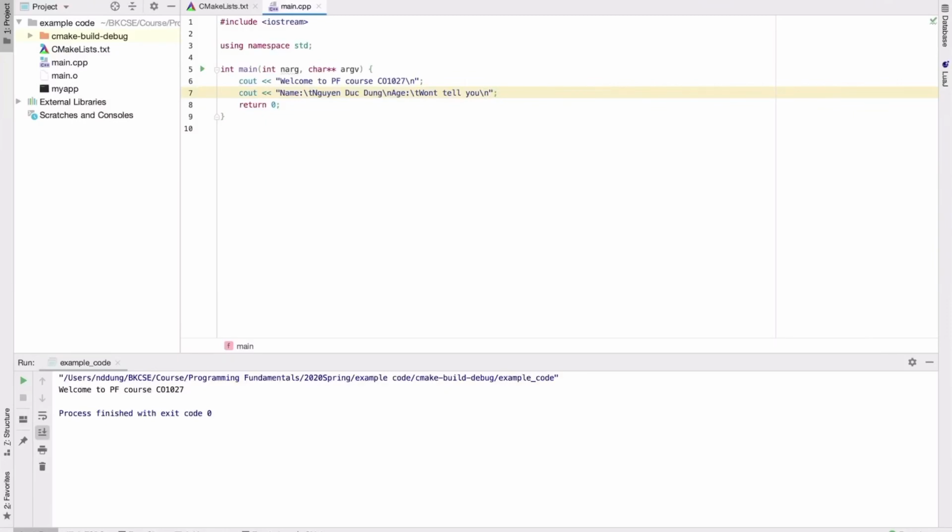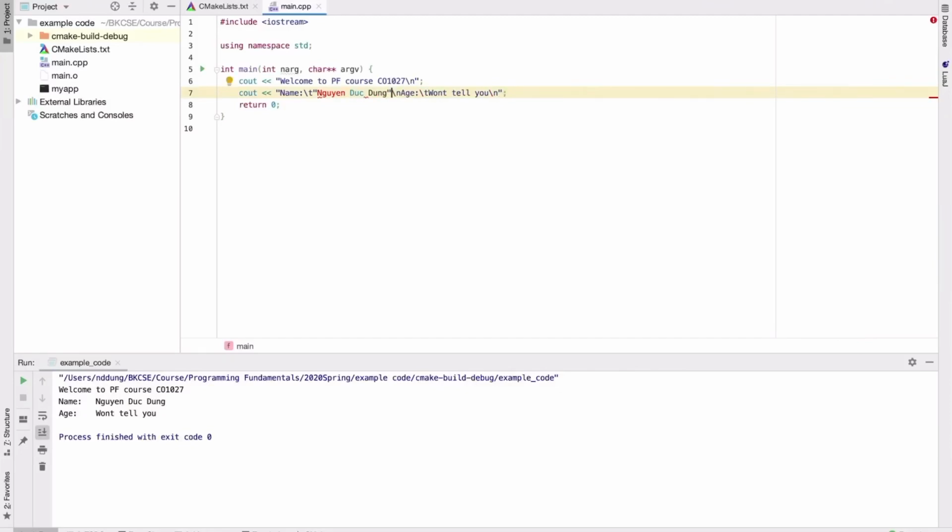Well, as complicated as it may seem, it's really simple. As you see, we have 2 lines of text out there. One is my name and the other is my age. Well, as I said, I can actually output some quotes in the text. Now if you put a quote here,